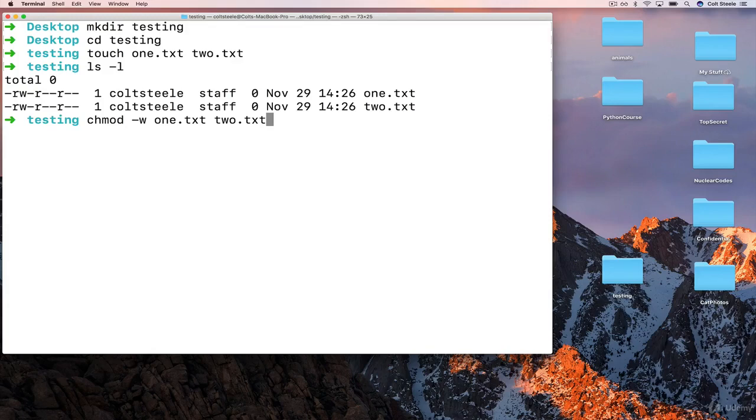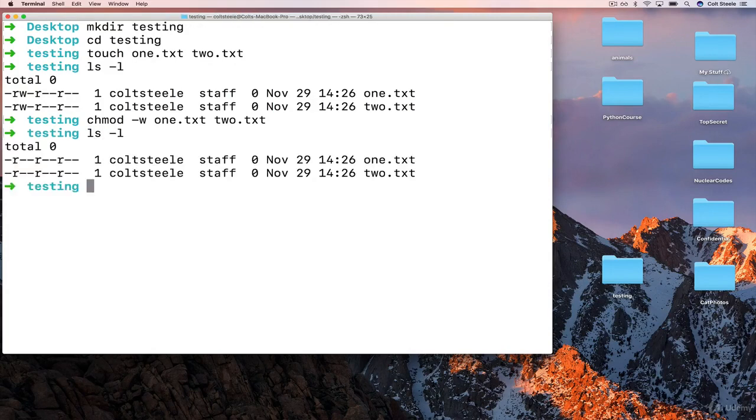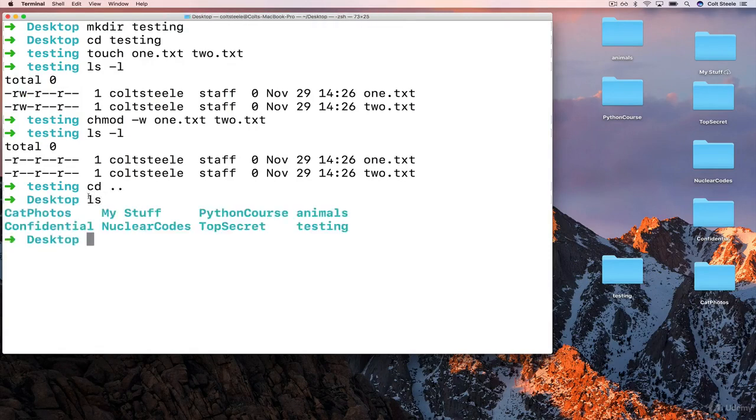So 1.txt, 2.txt. Now if I do ls -l, you can see that the W is gone. So there's no write permission left. So when I go to delete this, there isn't permission because the write permission has been revoked. So if I go back out, and it's a testing directory, I try and do rm -r testing, I get this